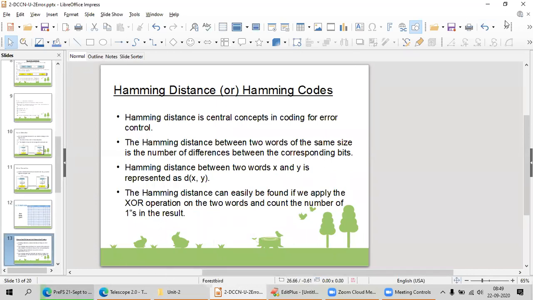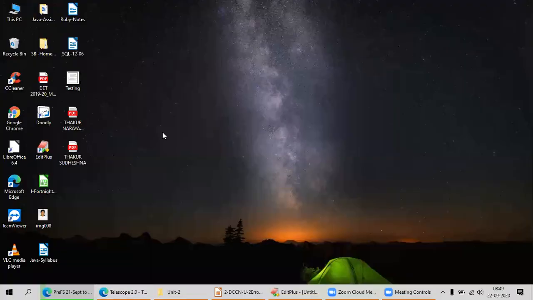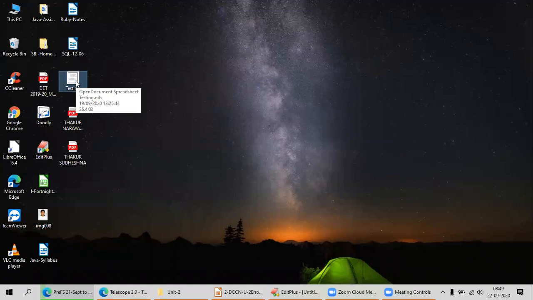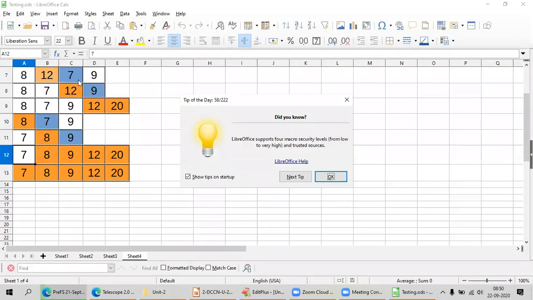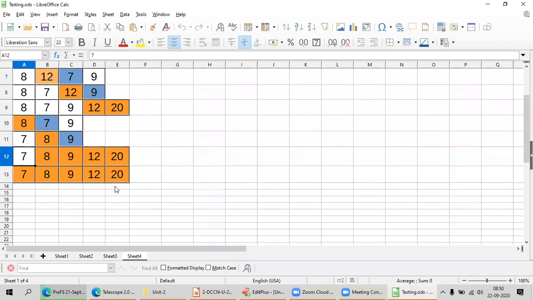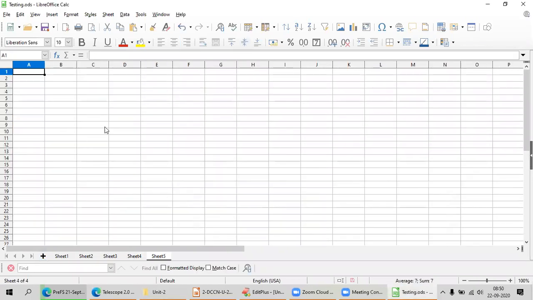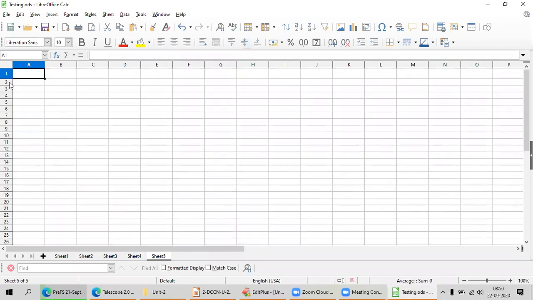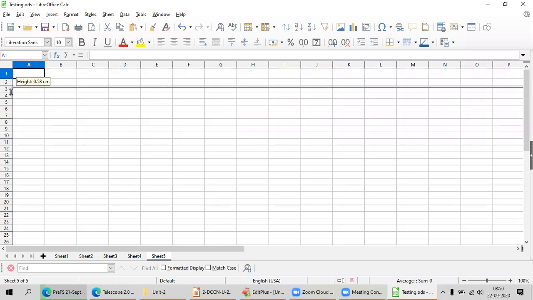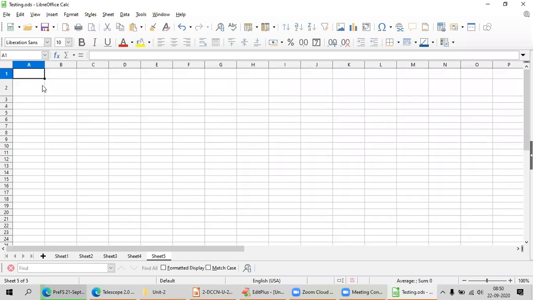Give me a minute. The 7-bit Hamming code, not parity code. Okay.